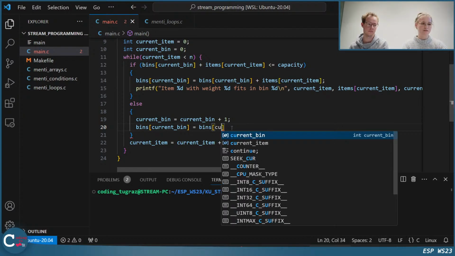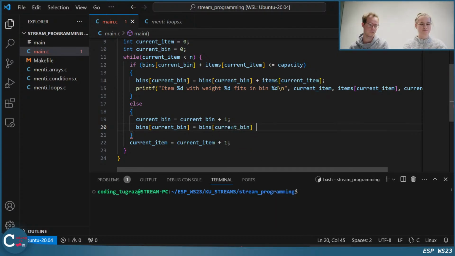So we do bins, current bin, and add items, current item. This would not be needed right here. We could just write bins, current bin equals the weight of the current item. But just for clarity, I will add this here so that it's more clear that here and here basically the same thing happens.